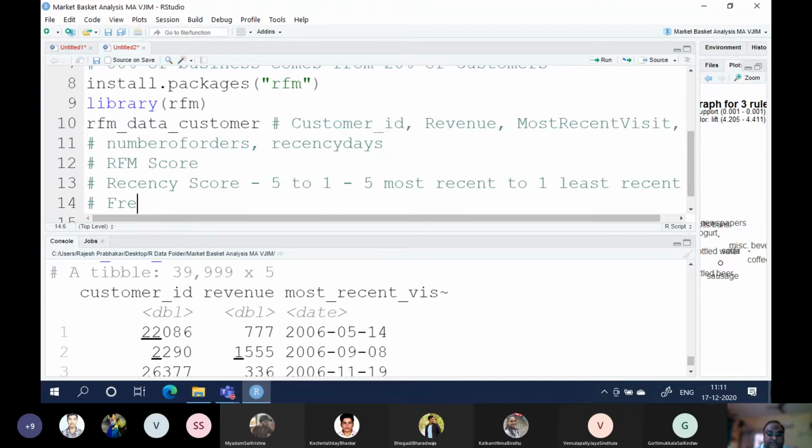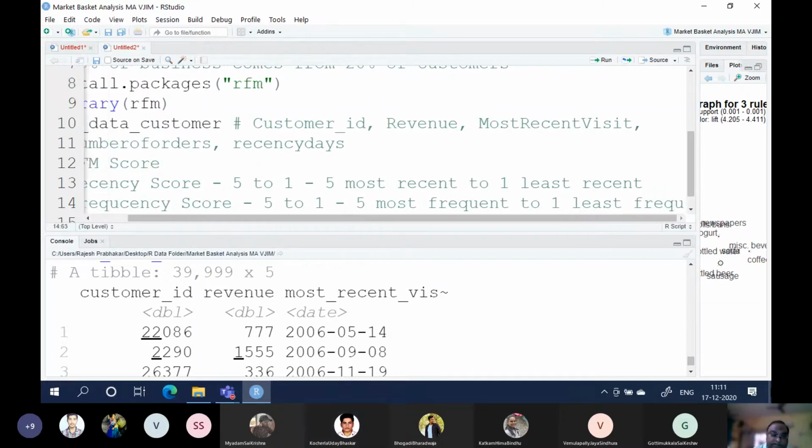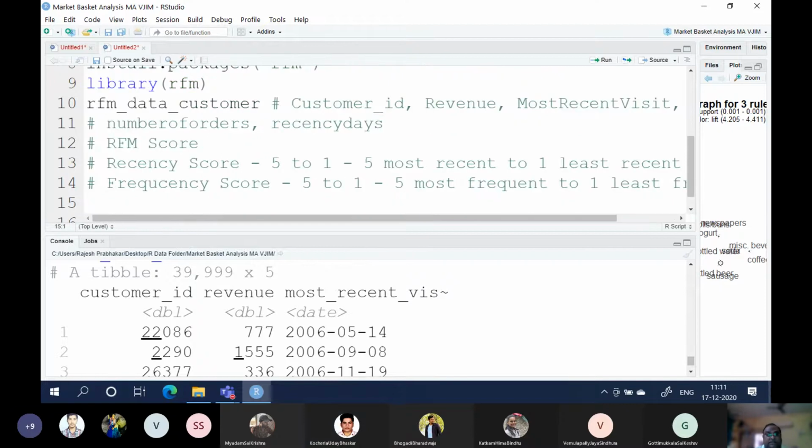Similarly, the frequency score is also 5 to 1, 5 being most frequent, 1 being least frequent.